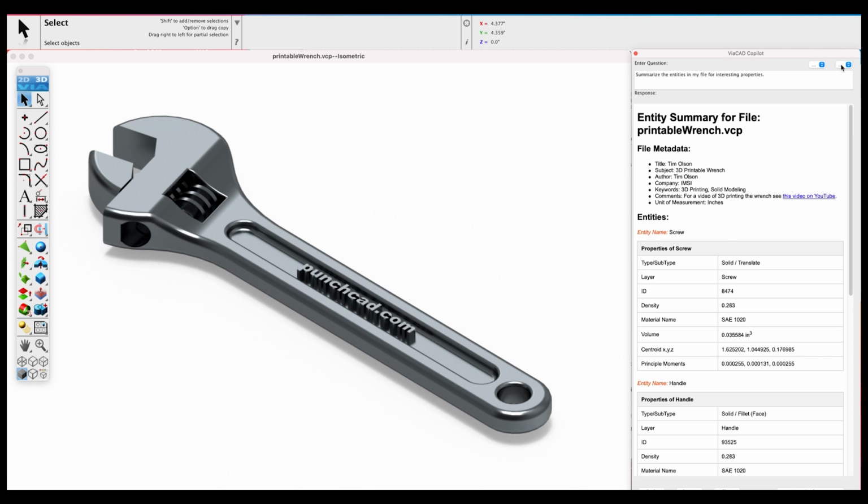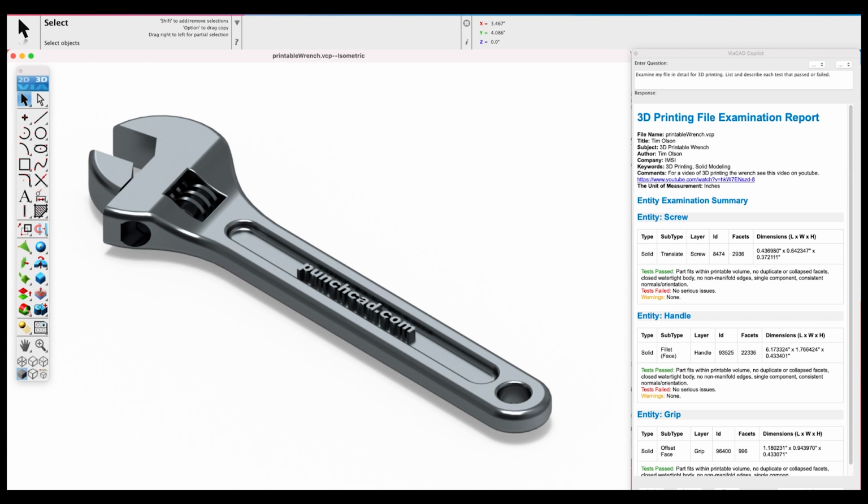I'm going to have it examine my file in detail for 3D printing to explain whether it passed or failed or if there are any warnings associated with any of my files. So let's go ahead and put in our question and hit apply. Okay, we received our results back from our question regarding 3D printing, and we can see that